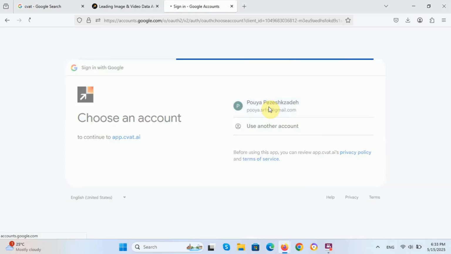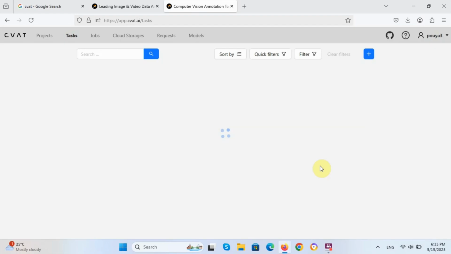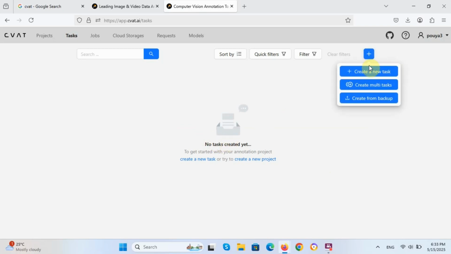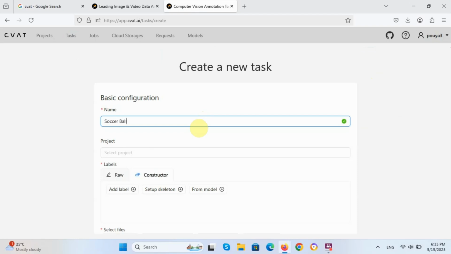I choose continue with Google sign in. I choose my email, and it will be done. I'm now signed in to CVAT, and I should make a new task. So I should press the plus button on top and create a new task. I name it soccer ball detection,